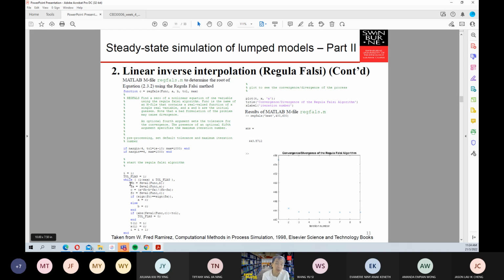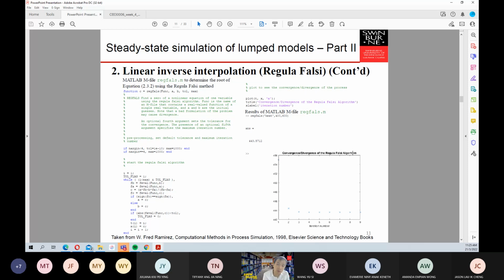And if our tol flag, if our value of the function evaluation is less than 1 exponent minus 10, then this loop will be broken. Okay, and if your i in here is higher than max, then of course this loop will be broken as well. And then the next one, what we will do is plot the T against the X, and then we can put in the title and the X label.